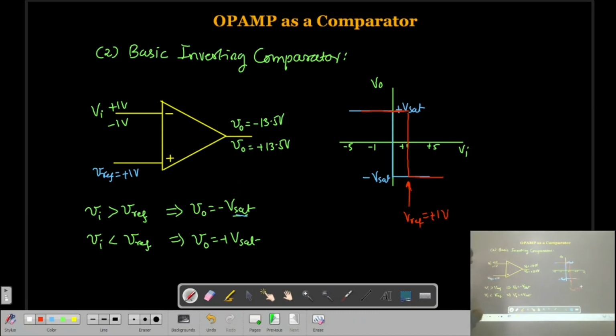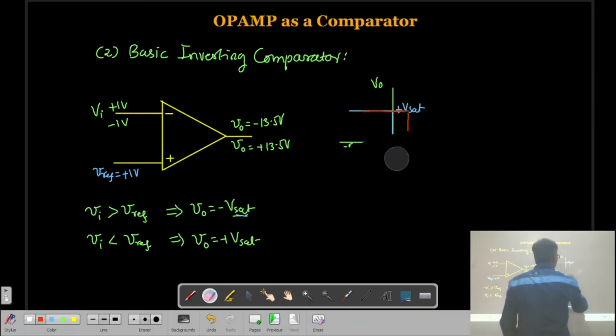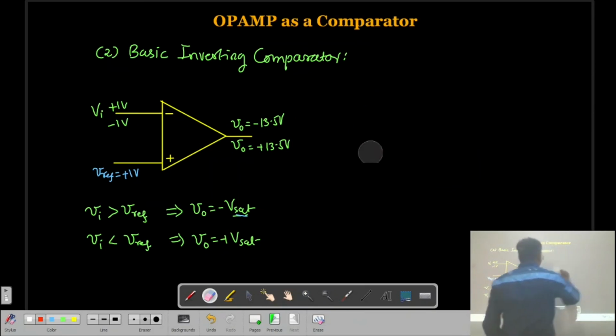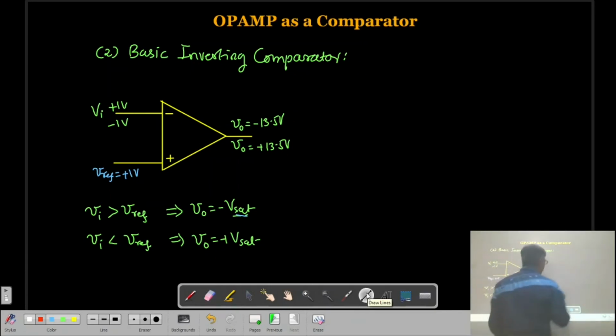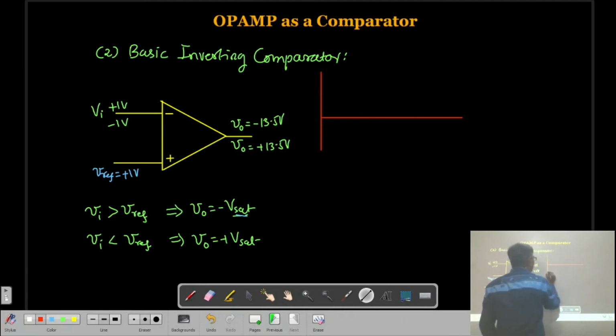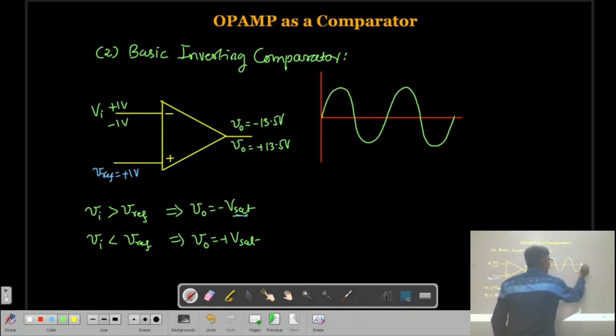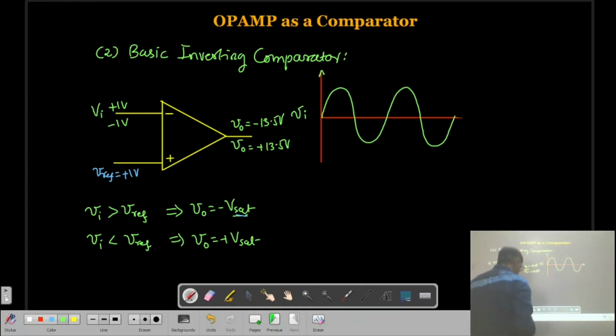If we see the waveform, same way here. If I draw the line, this is my input signal. My input voltage is there. Correct? Then, what is the output waveform? Let us see.